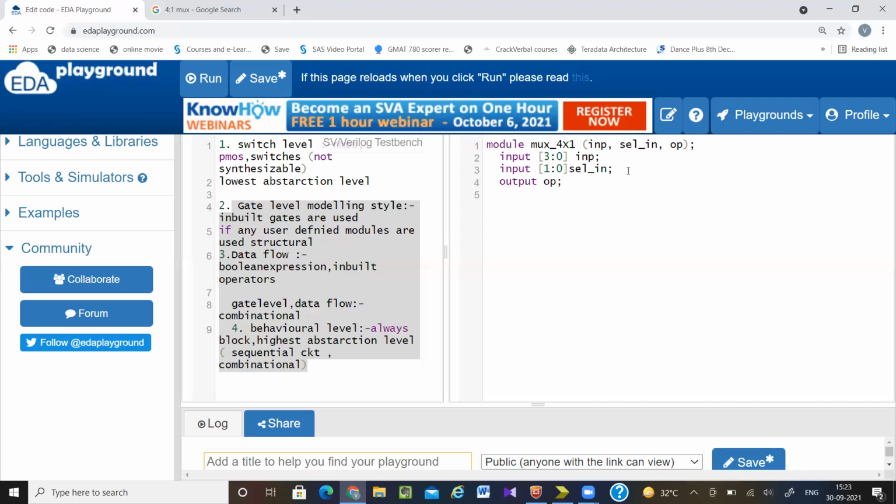Okay, so now first I'll be doing gate level.